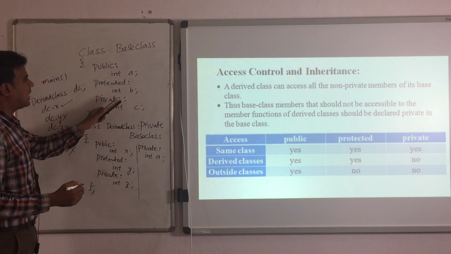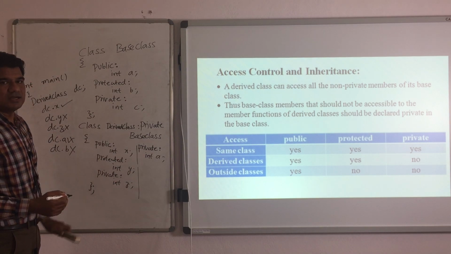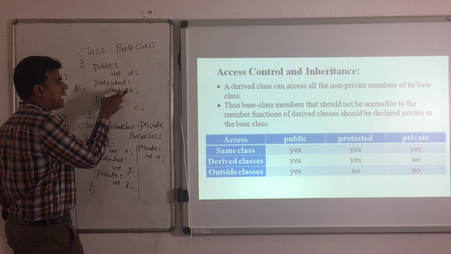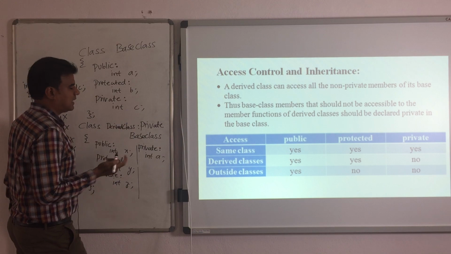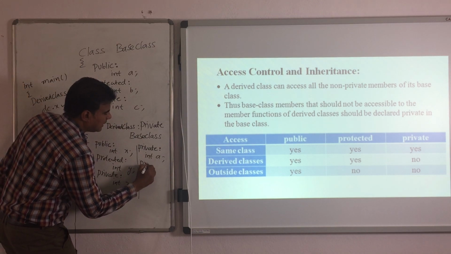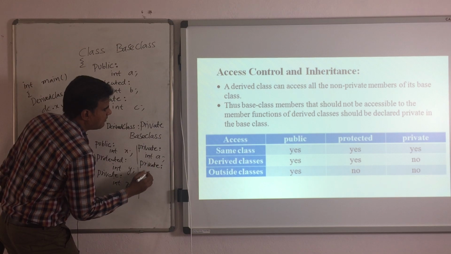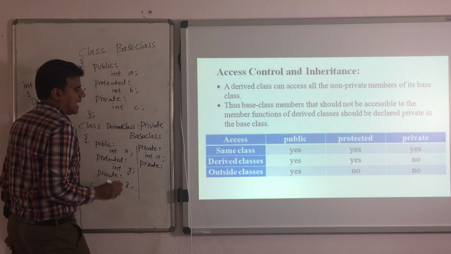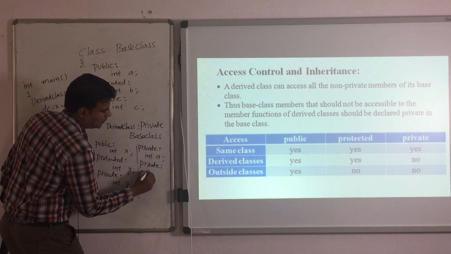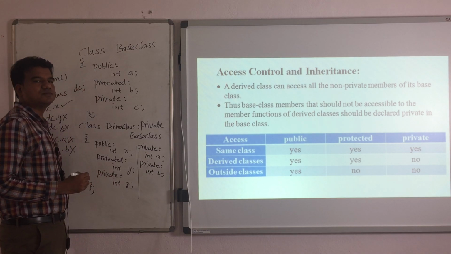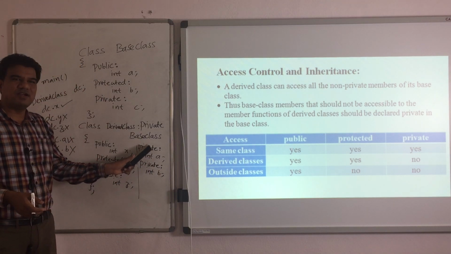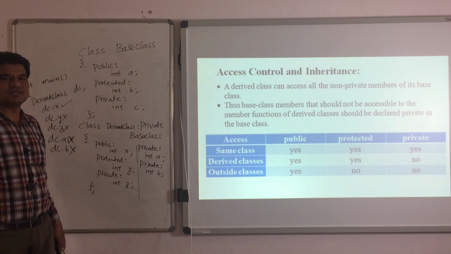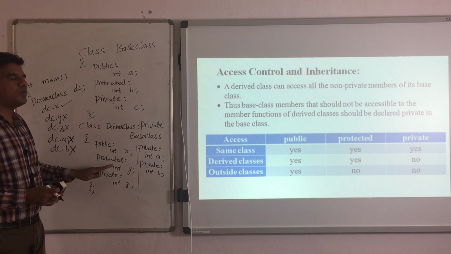Next, can I inherit this B into my derived class? Yes, I can, because its access modifier is protected. After inheriting, the protected data member's access modifier will become private only: private int B, like this. Now, can I access these private members outside the class? No, again the access is restricted. Again the access is restricted. In that way you remember.